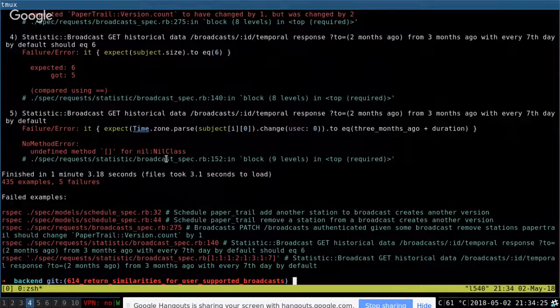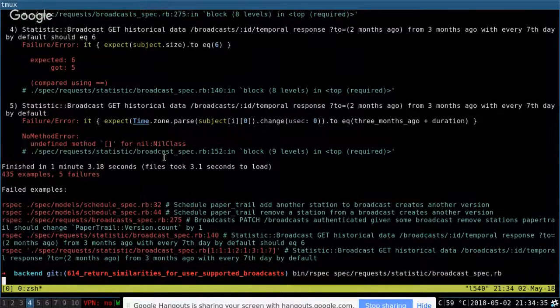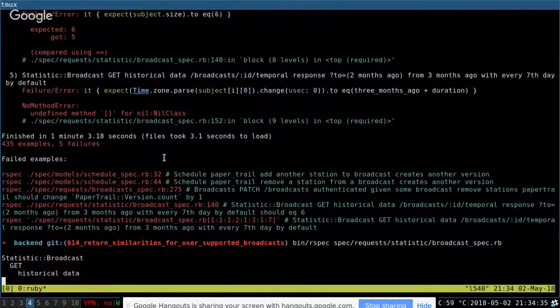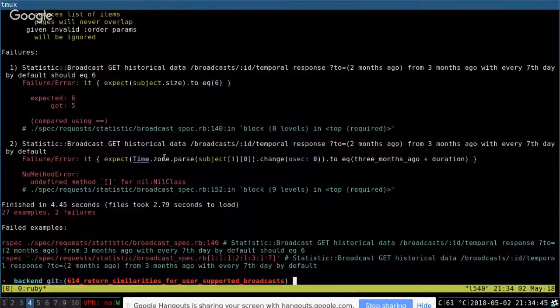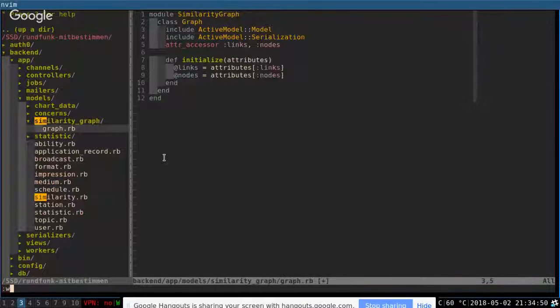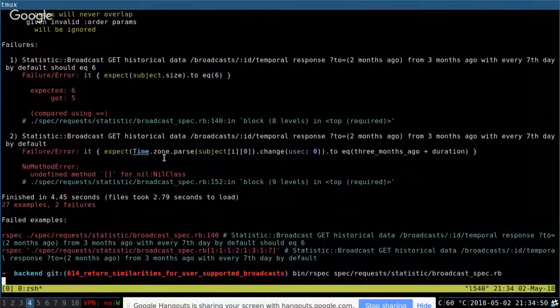So the only tests that are relevant for us are the request statistic cast spec. That doesn't make any sense at all. Why are these tests failing now? It has nothing to do with the changes. I don't think that we're going to fix it with these includes.